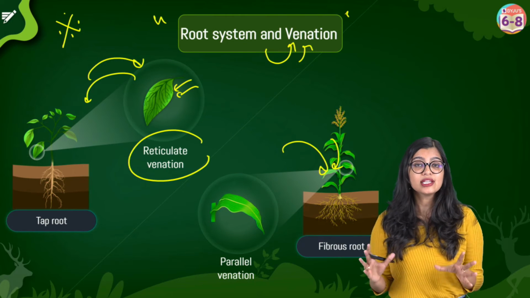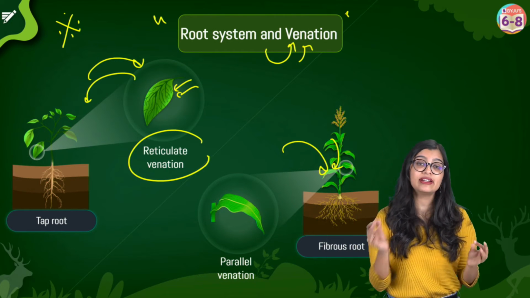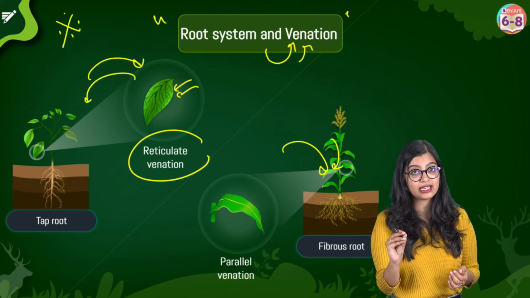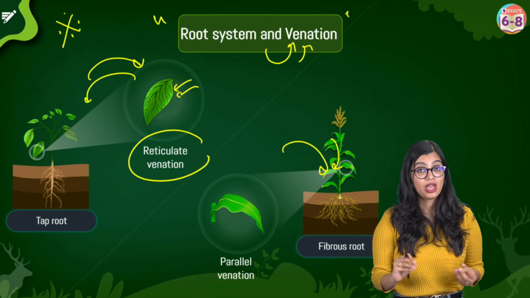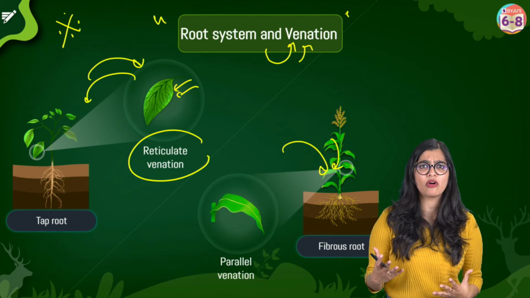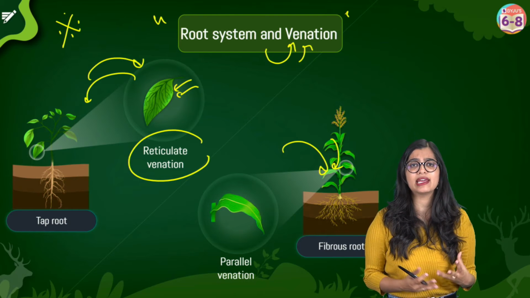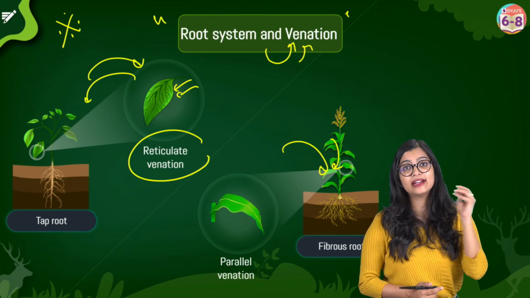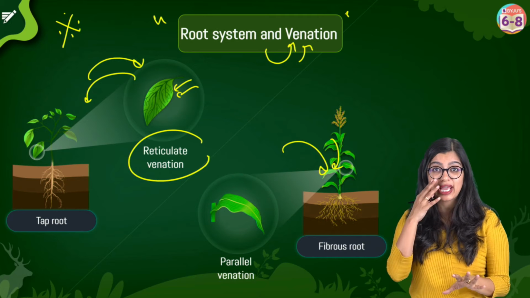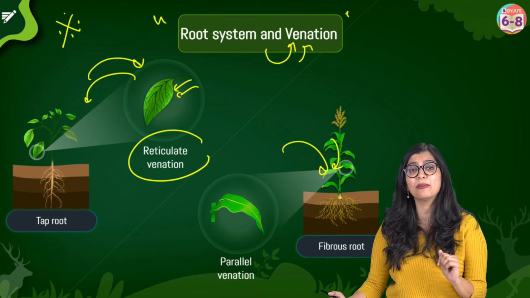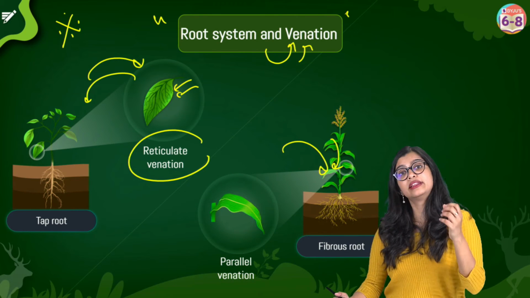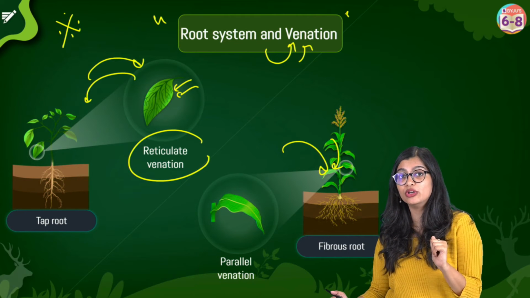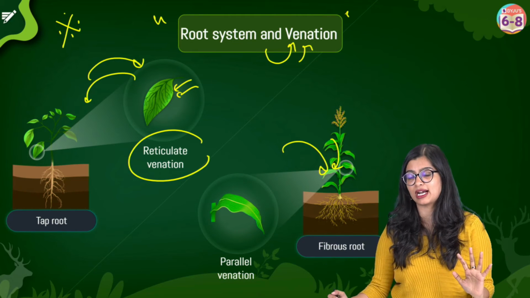Right? So with this, we have covered a major portion where we have discussed the structure of the leaf and we've learned about venation. But we also need to know why these leaves are so important. I told you right in the beginning, leaves are very, very important to the plant, right? And I told you that they have some functions to carry out. And when we were discussing veins, I told you they bring water, they produce food, they have to transport food. So we need to know a little bit about where food is coming from.